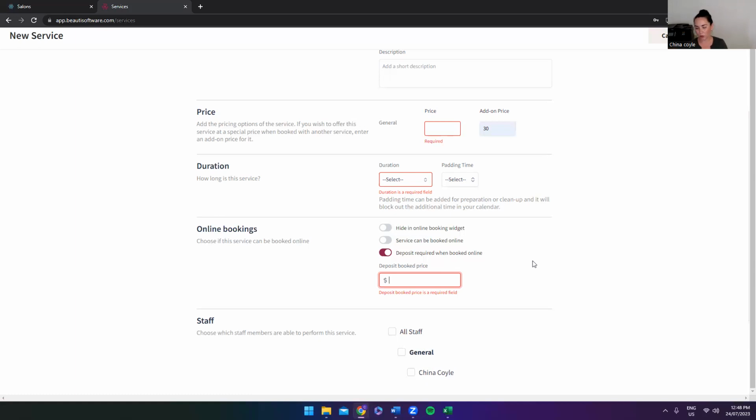So if you have a 2-hour service that is a spa treatment, you might want to increase the deposit amount for that because it's taking up so much time and you don't want to only take 25 or 50% for that. Whereas if you've got a $500 treatment that only takes 20 minutes, maybe you don't need such a large deposit for that service. So it just gives you flexibility to choose how much you want per service,